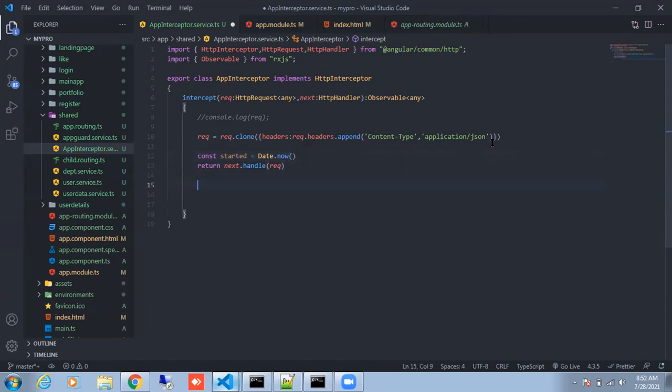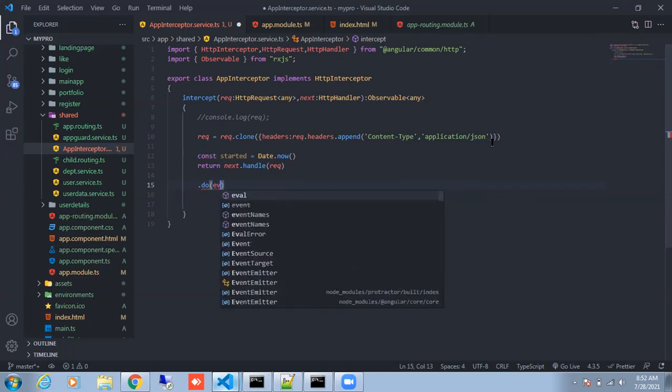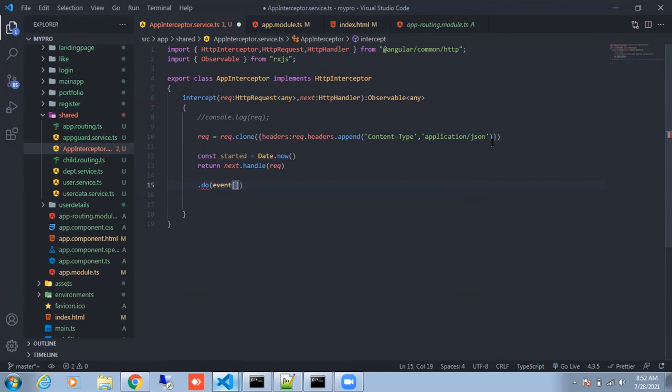Now I say dot do, start the round brackets, and type one parameter, event.